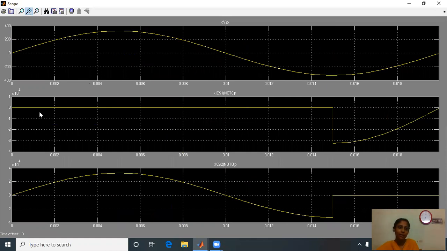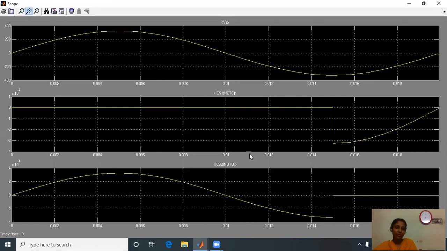Just see here, initially here the off time is delayed. Just see when VS starts to increase, this switch was initially closed, and when VS starts to increase, then it is opened here. And when VS less than or equal to 0, it should be closed further. But here the closing time is delayed up to 0.005 second further. Here when VS greater than 0, it is connected, but when Vs less than or equal to 0, then it should be disconnected, but still it is connected up to further 0.005 second.